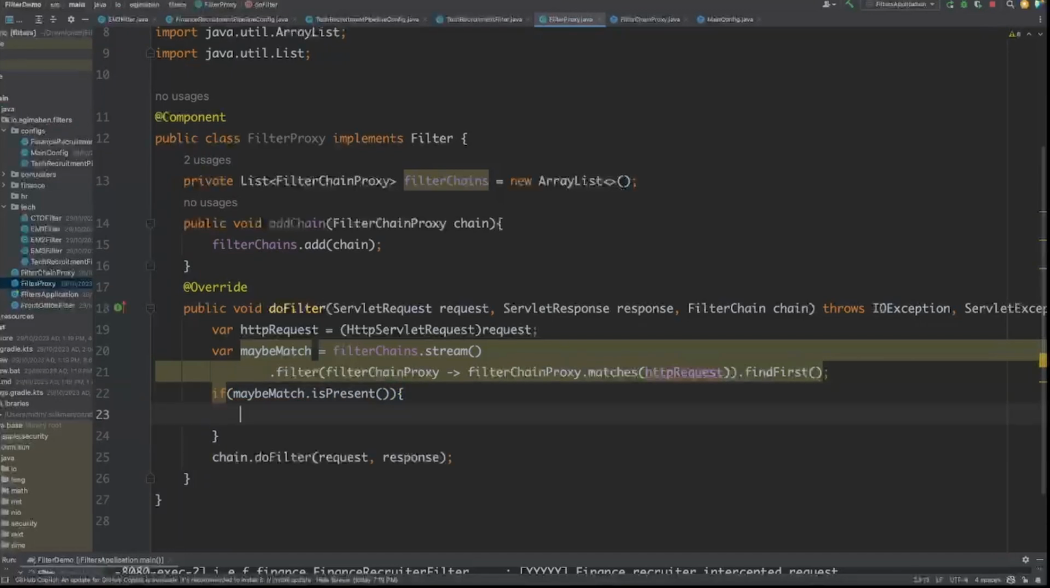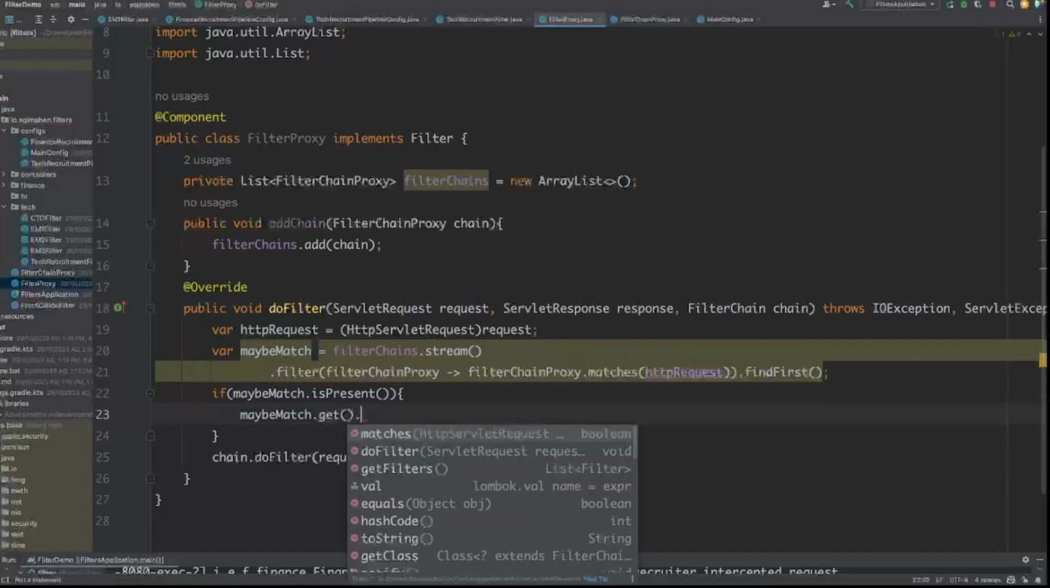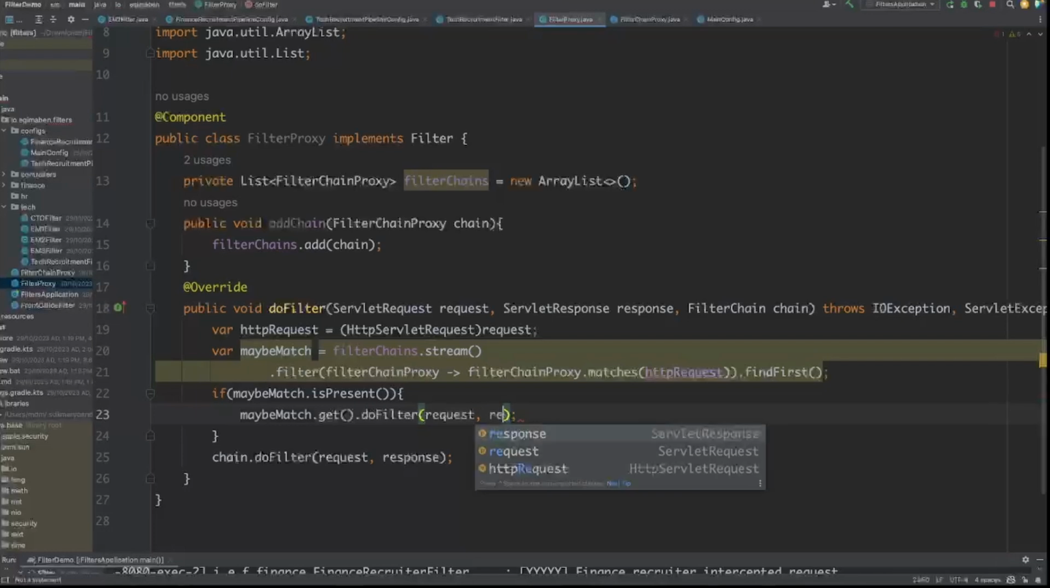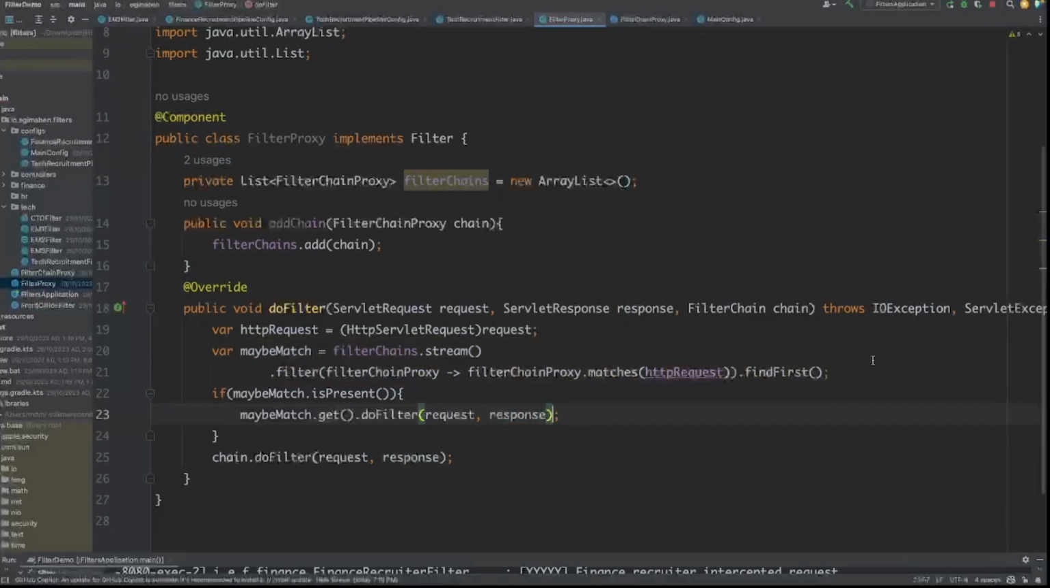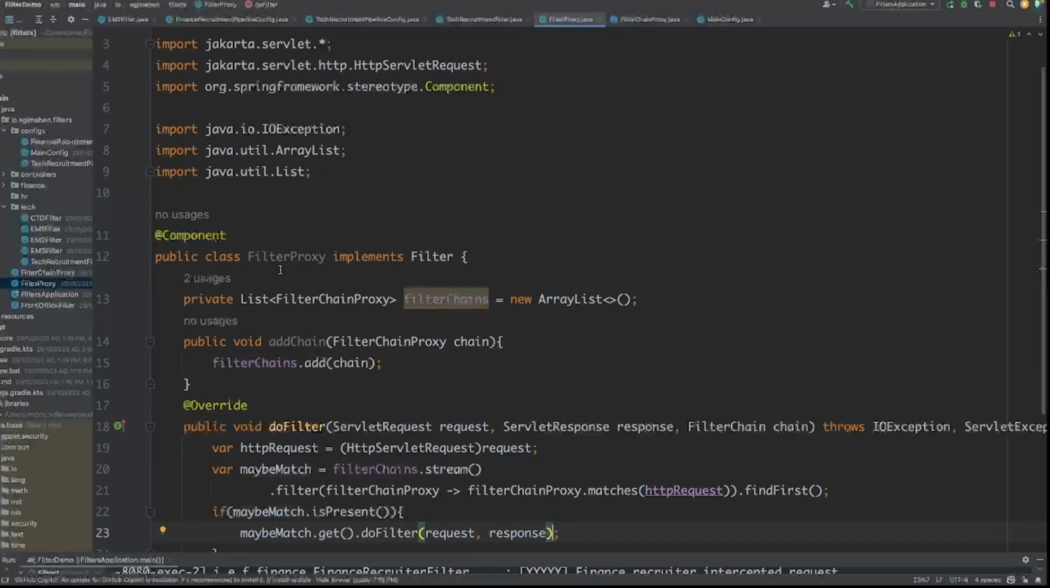If it's there, then I just do get dot do filter request response. Basically that's it. If it's not there, we continue. If it's there, either way we run the filters inside there and continue. So now I have my filter